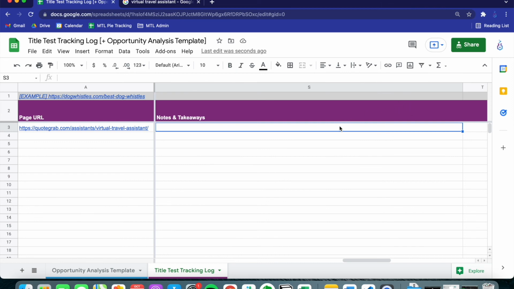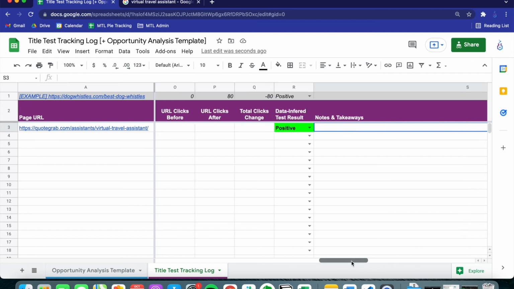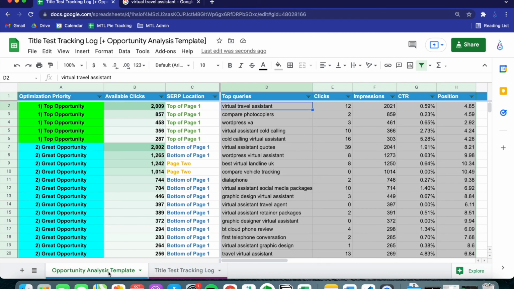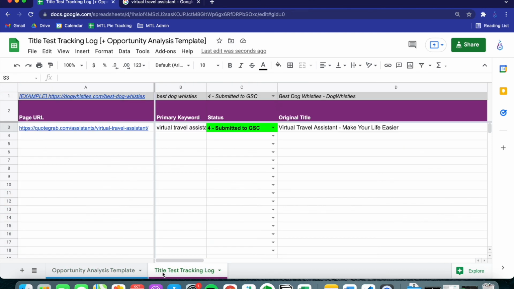That's everything. We've now completed the full process of manual title tag testing, including opportunity analysis, SERP analysis, hypothesis ideation, benchmarking, implementation, measuring, and results tracking. Try out a few more title tests of your own to see if you can make an impact in your